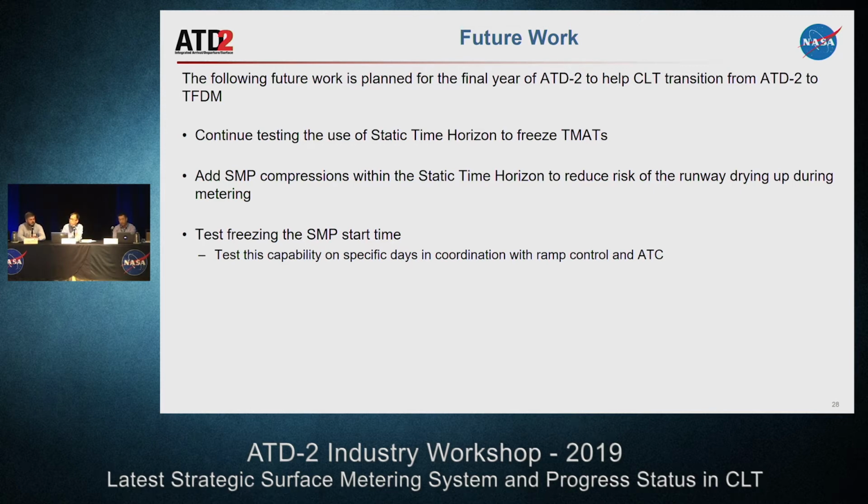From user feedback, Isaac said we started off with a 5 minute static time horizon, or 10 minutes, and now 15 minutes. So this is purely based on user feedback. They didn't see any noticeable significant differences as we increase the static time horizon. But I guess data analysis may be able to reveal some characteristics in the predictability and stability, so that's something that we may want to look into